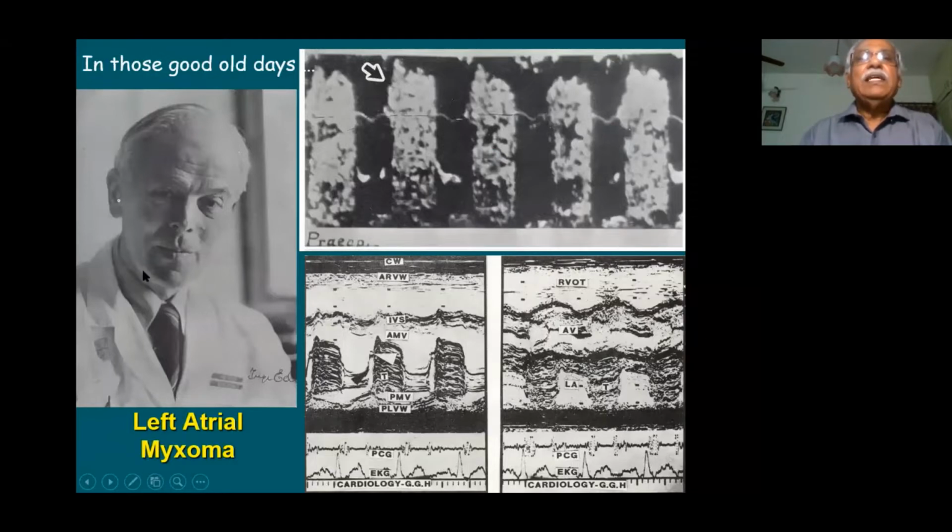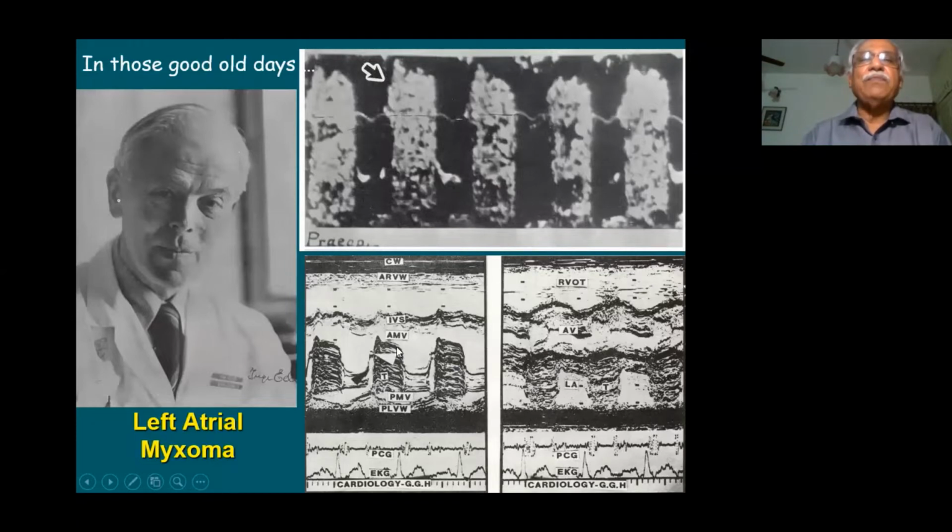which he has described. And this is one of our M-mode echocardiograms, from the book which we published in 1981. So this is almost the first case I think we saw. Left atrial myxoma, which is present inside the left atrium during systole and protruding through the mitral valve during diastole. There is a gap between the opening of the anterior mitral leaflet and the mass of echoes which are present behind the mitral valve, indicating that the mass is prolapsing into the mitral valve orifice after a certain interval.